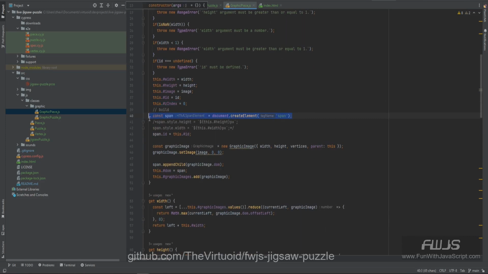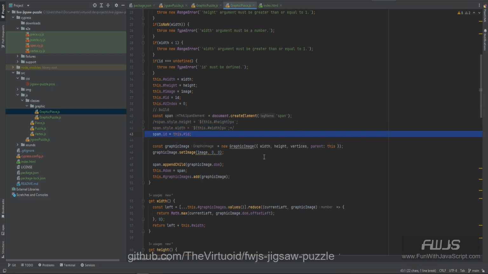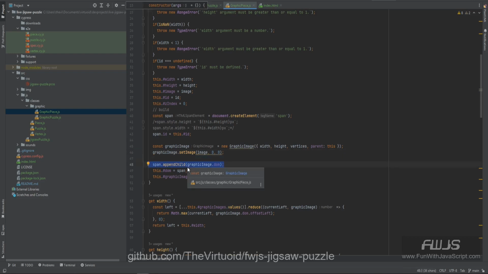We're going to create a span element, and oh, I could have cut that out. See, I still got some code I haven't cleaned up yet. So obviously I didn't need to do that. I set the ID on there, and then I'm going to create something called a graphic image, and we'll cover the graphic image in another video. But the graphic image will contain the actual image itself. It will contain a pointer to the canvas. We're going to contain a pointer to the span,